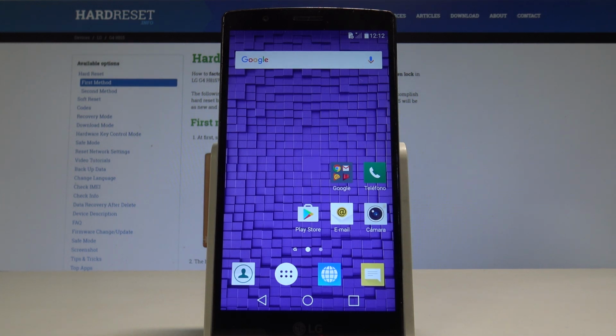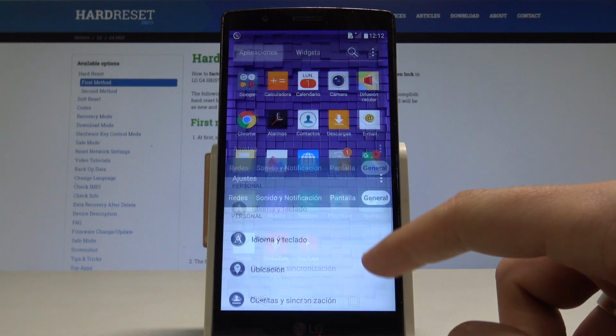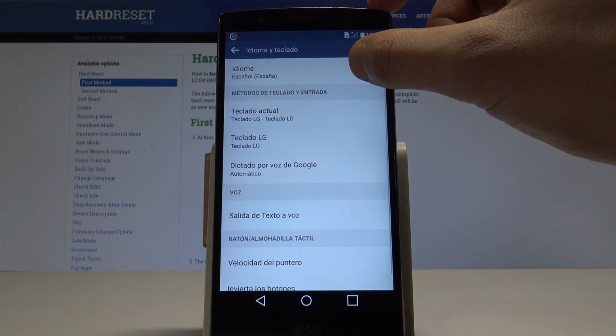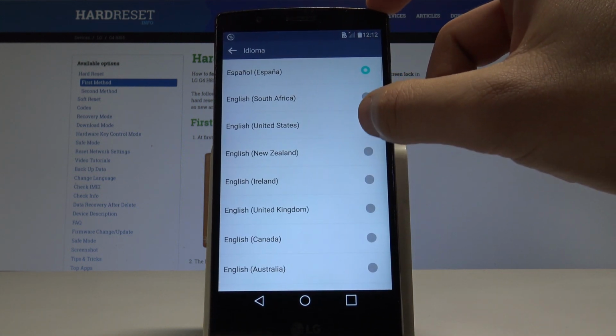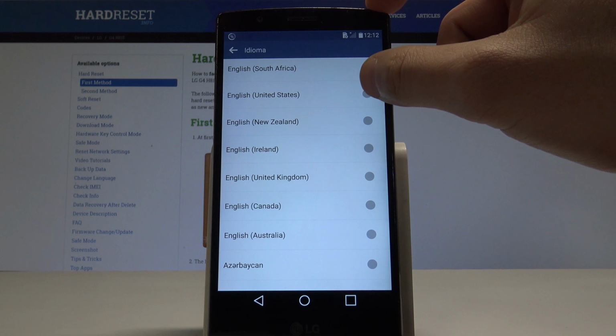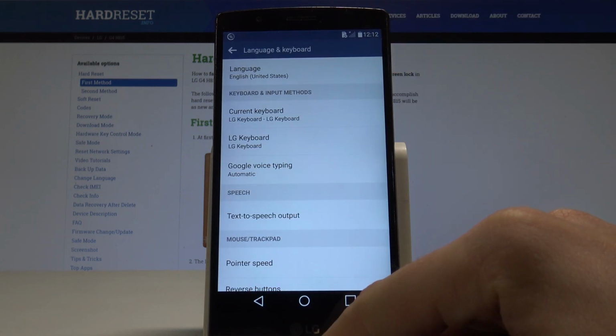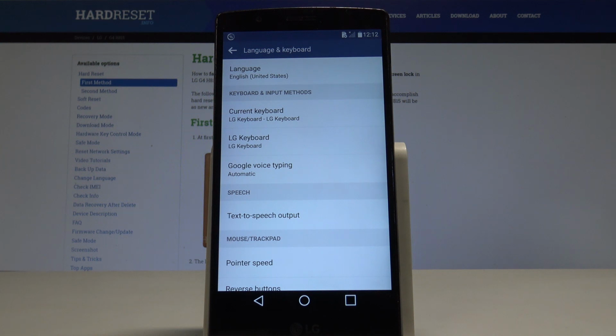is in Spanish. So if you would like to go back to previous version, just find and select the ajustes, tap General, choose Idioma y Teclado, tap Idioma from the top of the screen, and choose here the English, for example from United States. That's it, so everything went well. Now you can use your English version of your